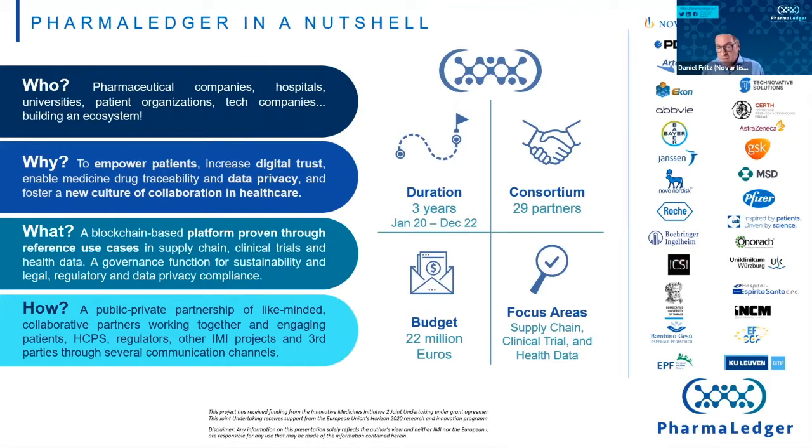We have 29 partners, including 12 top pharma companies. We have resourcing from public and private sources, over 22 million euros. And we're focusing on 3 areas, which are supply chain, clinical trial, and health data. And of course, we're focused on supply chain today. We have public partners, hospitals, universities. We have patient organizations. So we've taken a good